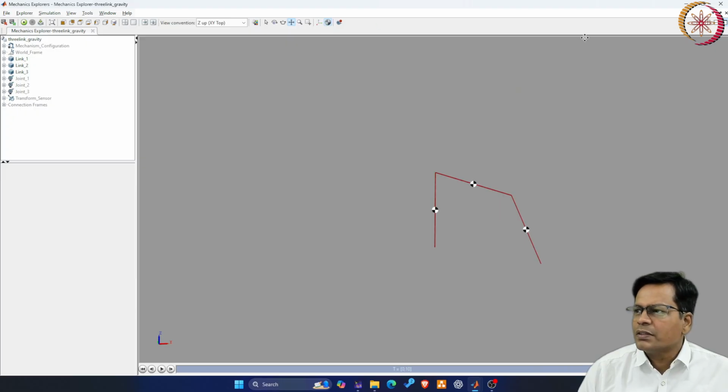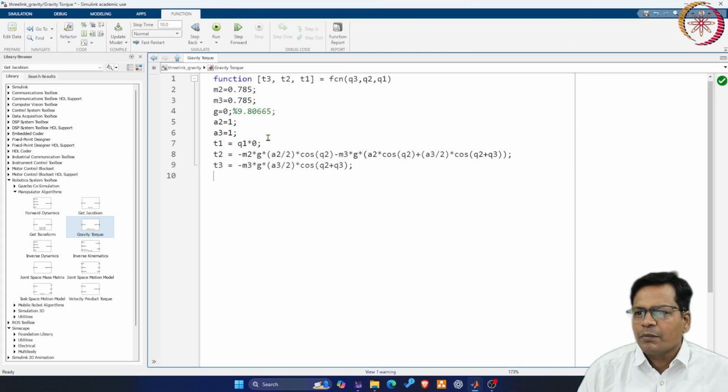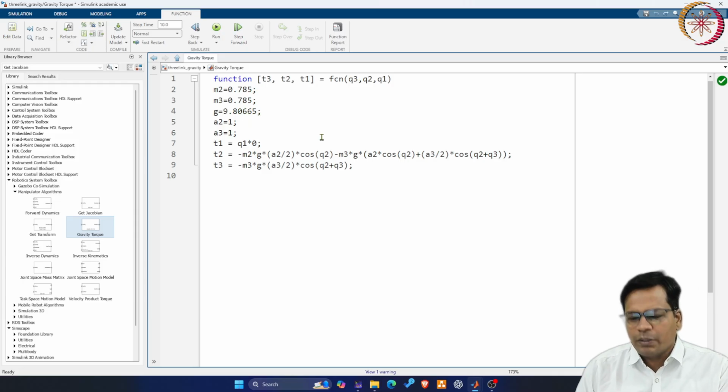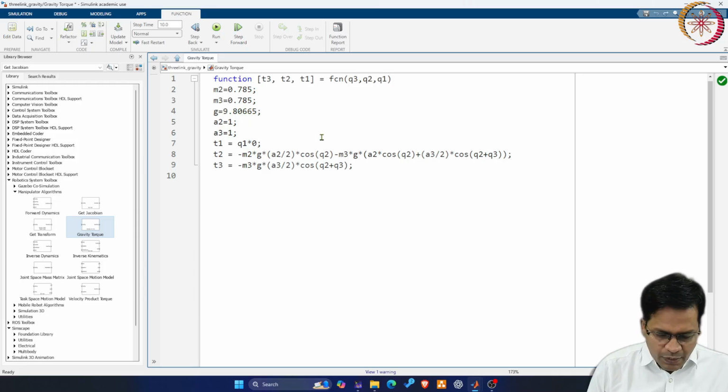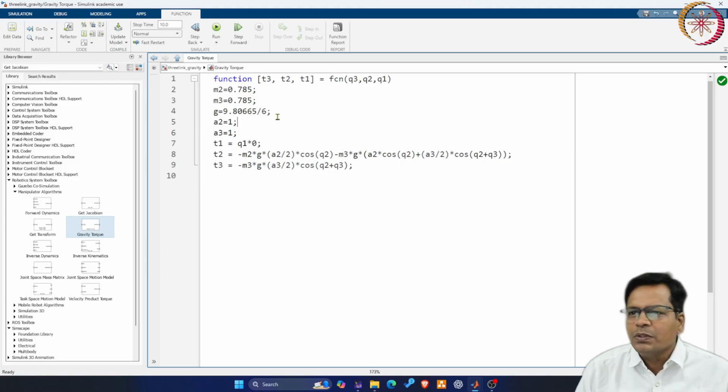So this gravity compensation, as soon as I activate it once again, it will come into action. So I'll put it back the way it was. So I have taken 9.81. You can make it go on the Mars. If you take gravity as 9.81 by 6, that is on maybe moon or somewhere.